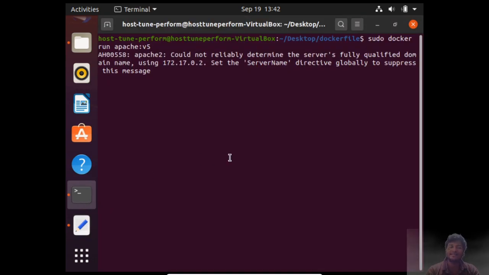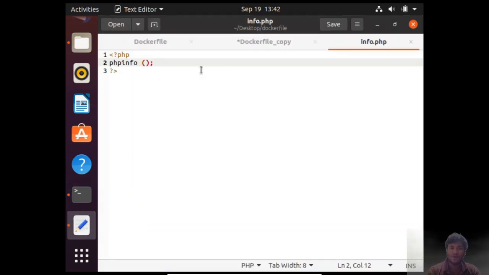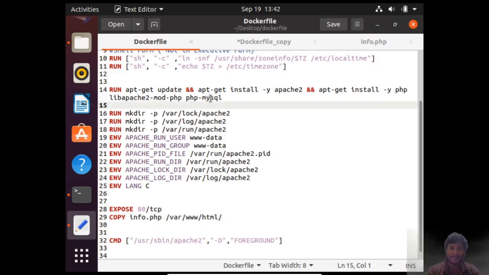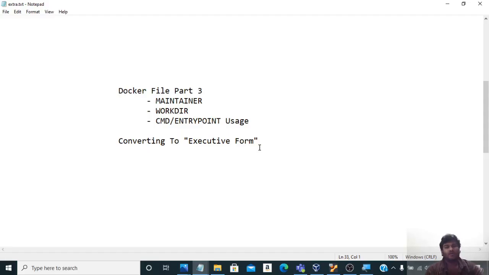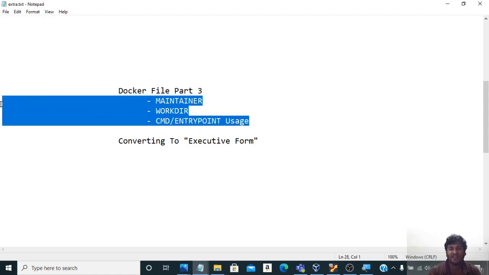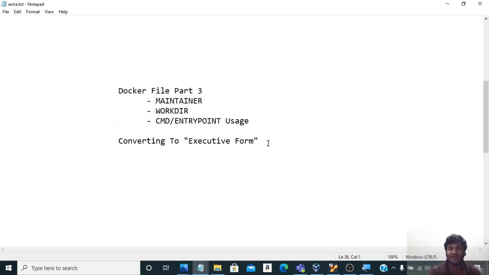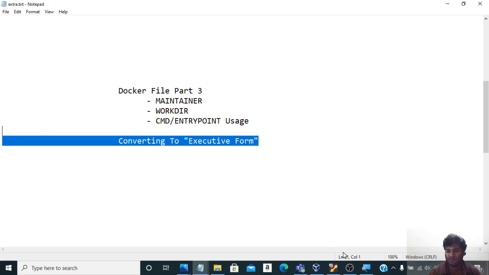So in the next part of this chapter, which is chapter 5, we will be discussing shifting our file from shell form to executive form. As of now, these commands are in shell form and not so efficient performance wise, so we will be shifting these commands to executive form, and then we will be running our Docker container again. So now let us go ahead and discuss these three statements which we use in Dockerfile, and then we will convert our Dockerfile to executive form.